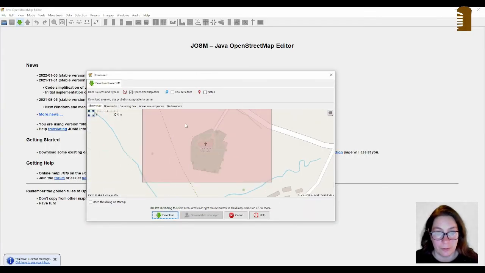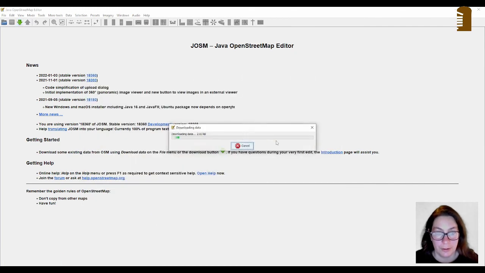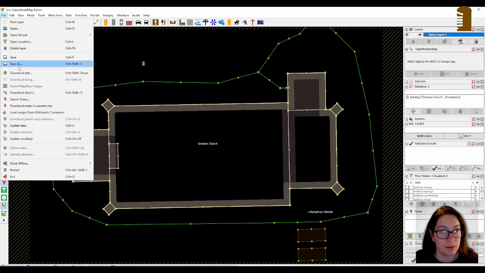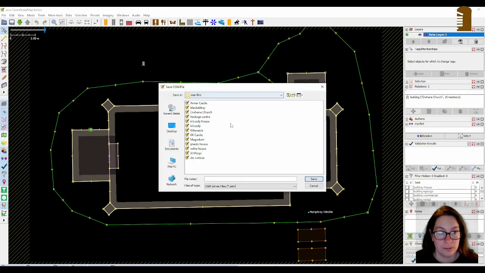And because I loaded that earlier, I can just do the church, download, and that should only download the data in this very small area. And I'll save this as Croghan Church.